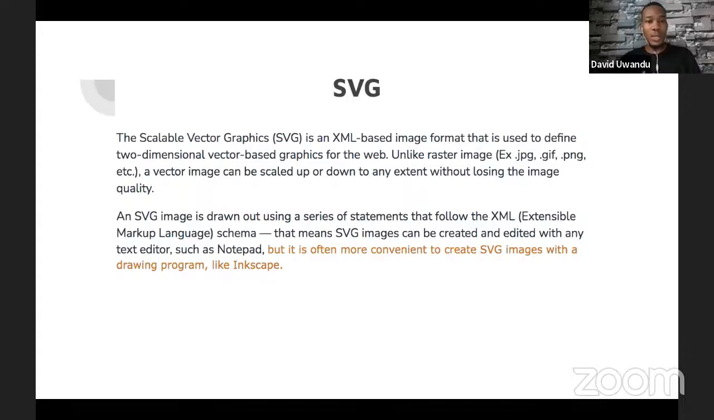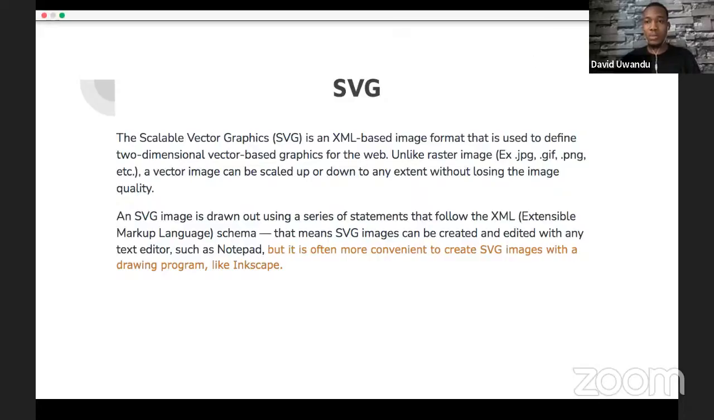This is known as Scalable Vector Graphics, and it is an XML-based image format. It is used to design two-dimensional images. It's used to define two-dimensional vector-based graphics for the web. And it is different from your normal JPG, GIF, and PNG. These vector images can be scaled to any extent without losing their quality. So no matter how much you zoom in or zoom out or stretch it, it still retains the